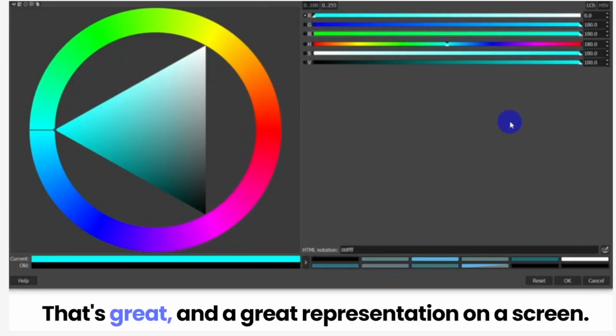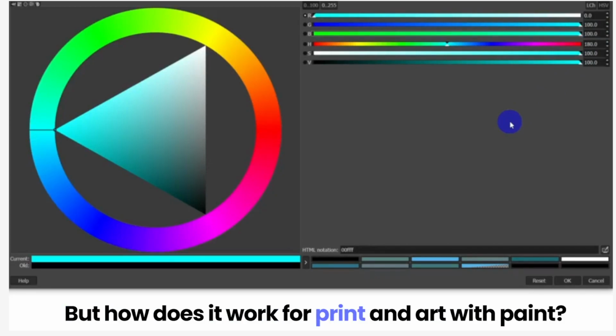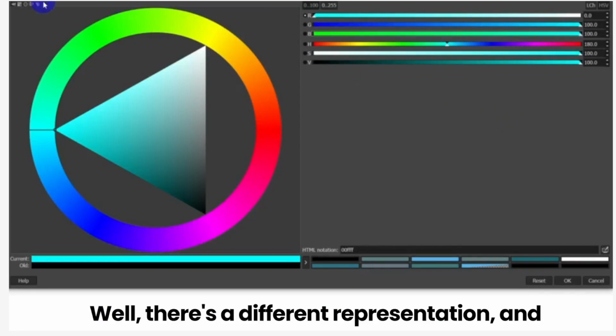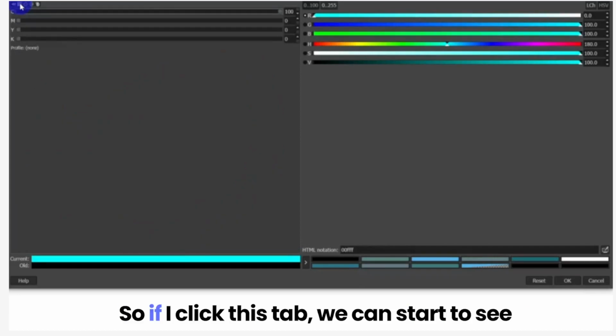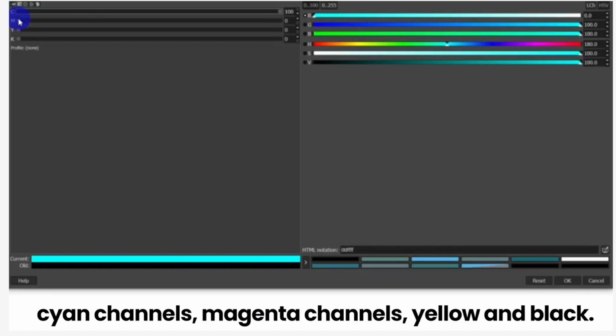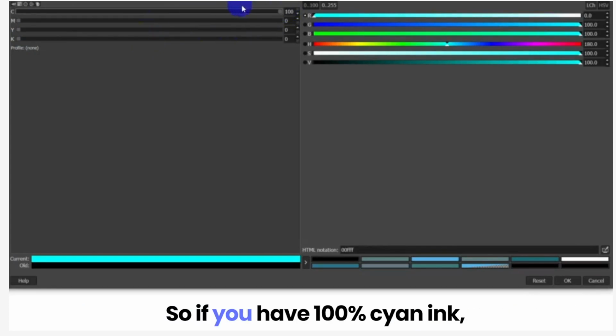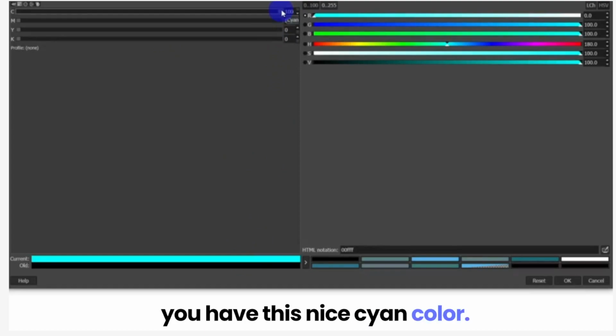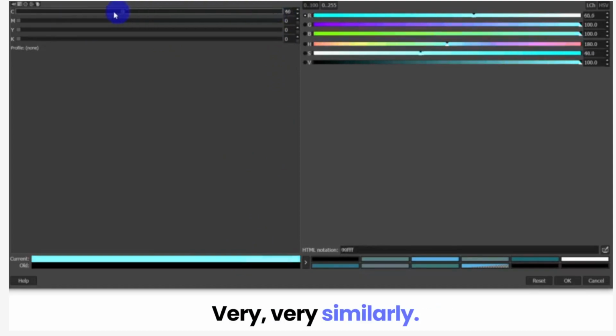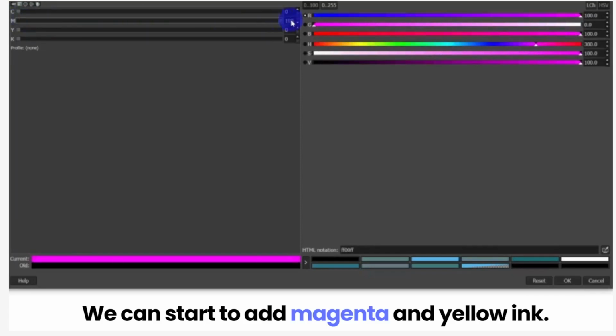Okay. That's great and a great representation on a screen, but how does it work for print and art with paint? Well, there's a different representation, and that's in the second tab. So if I click this tab, we can start to see cyan channels, magenta channels, yellow, and black. And those are the same colors that you have for ink. So if you have 100% cyan ink, you have this nice cyan color. Very, very similarly, we can start to add magenta